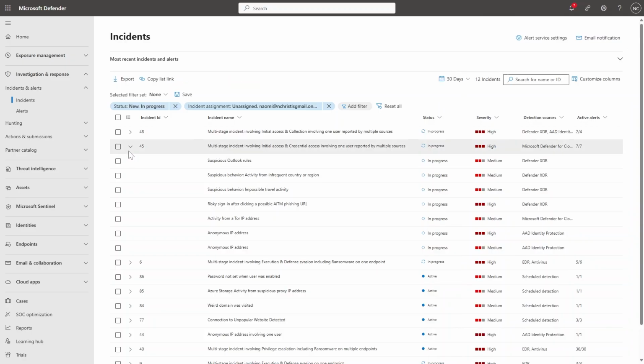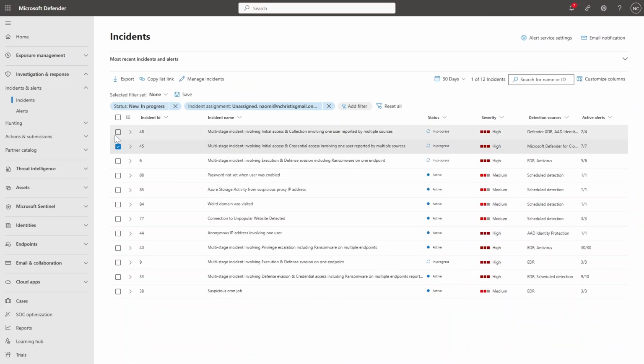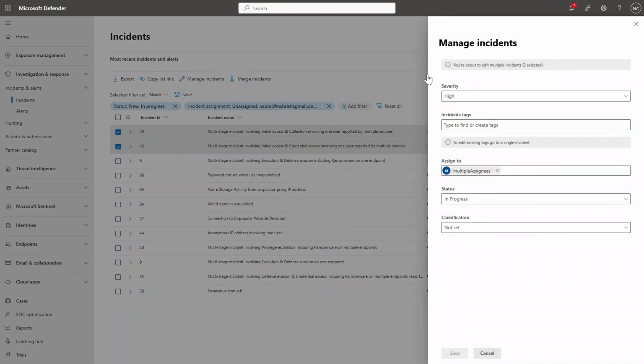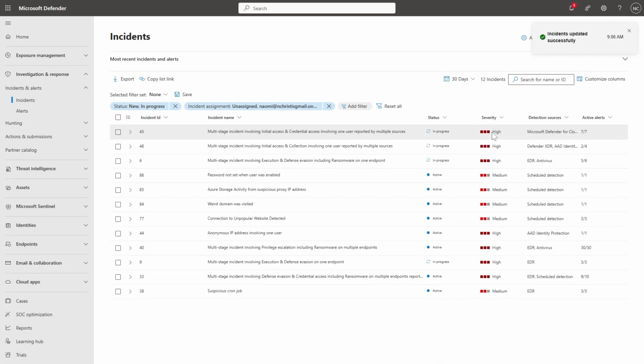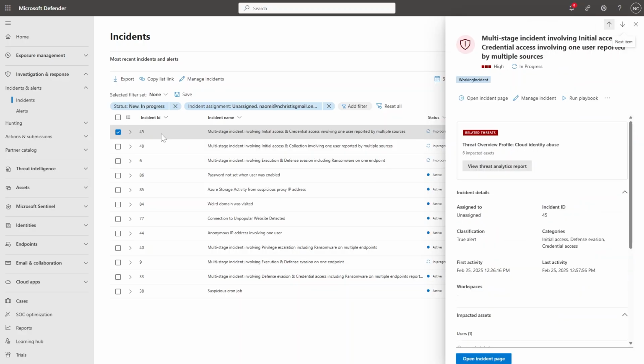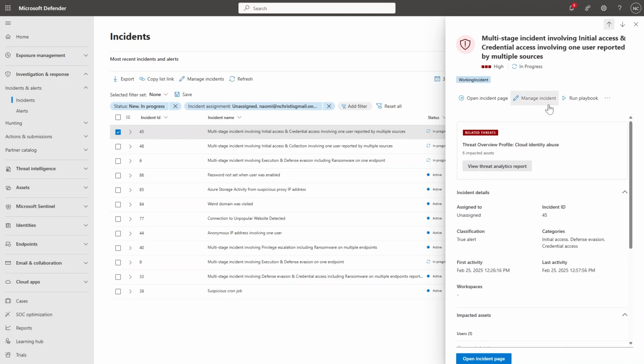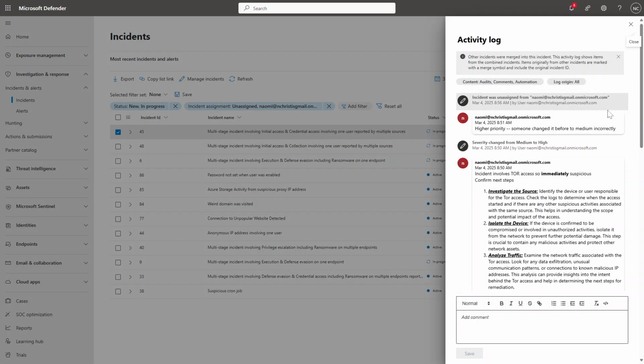You can also work on multiple incidents at the same time from this view and add tags. For example, I can tag the working incident so that I know that this is the incident I'll be working on. If I click the incident, I can get the first few details in this side pane. I can run an automatic playbook to take a preset list of actions. I can also look at which entities are involved, manage the incident, assign an owner, or go through the activity log to see what has happened on this incident already.